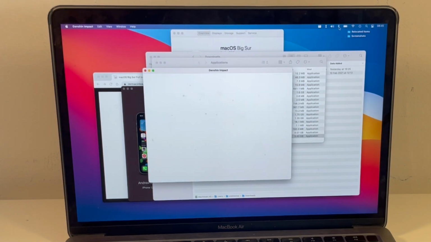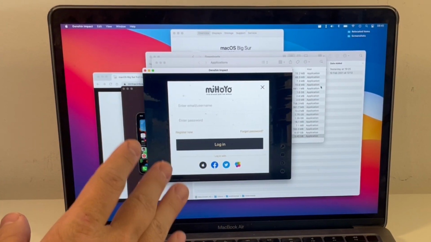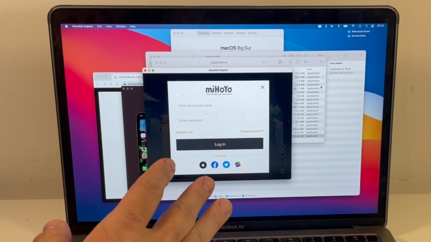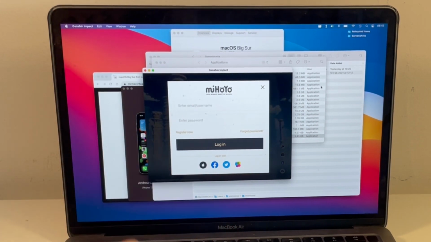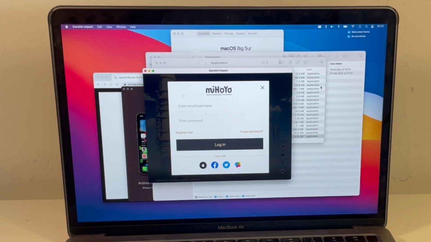And as you can see, this is running successfully. This application is running correctly. If I type in my username and password, we're going to log into the game properly. What I'm going to show you now is a secondary method to do this, because if we use this method,